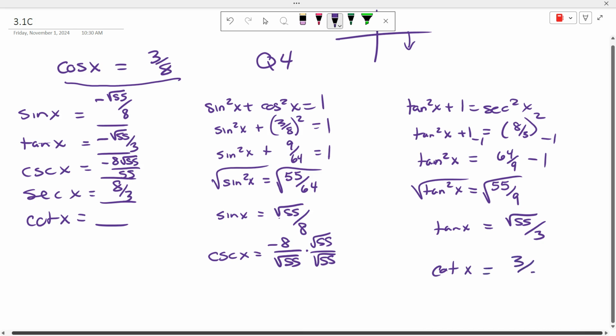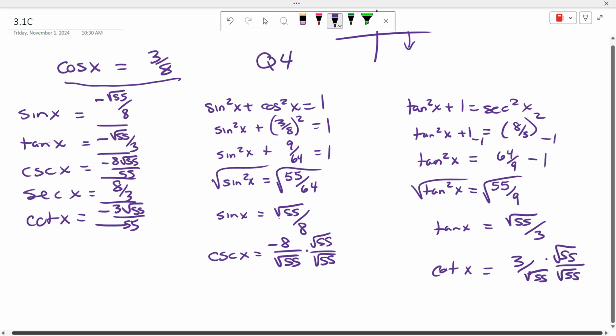Reciprocal. So it's 3 over the square root of 55. Can't leave square root of 55 on the bottom. So it's negative 3 square root of 55 over 55. And that's how you find the rest of the trig functions, using reciprocals and